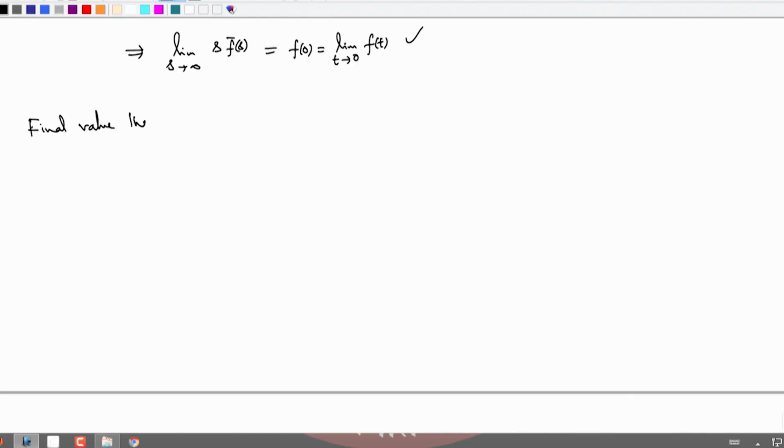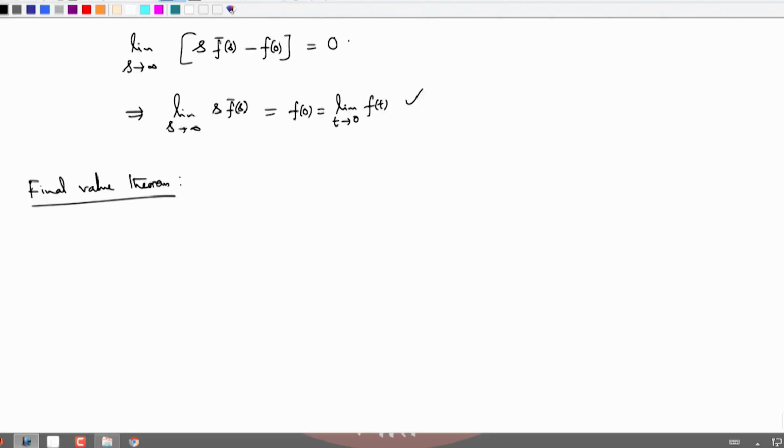Final value theorem. This may also be used in the applications as and when it comes, we will see. So, final value theorem says: if f bar of s is... let us take a simple particular form of f bar of s. Let us take this way, p bar of s over q bar of s, where p bar of s and q bar of s are polynomials